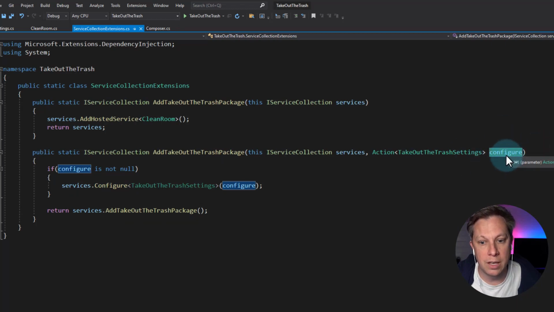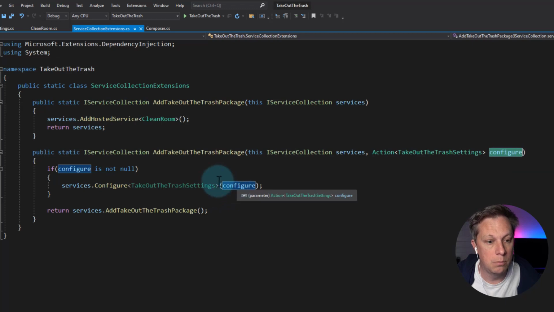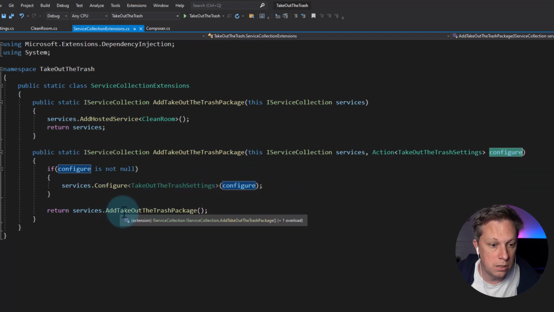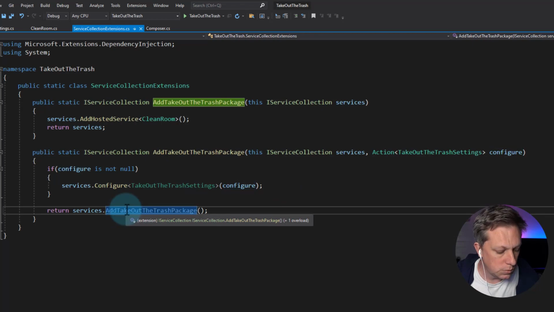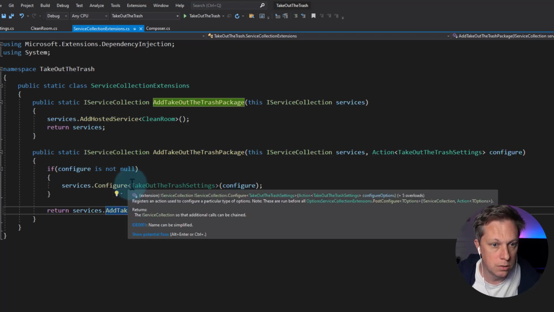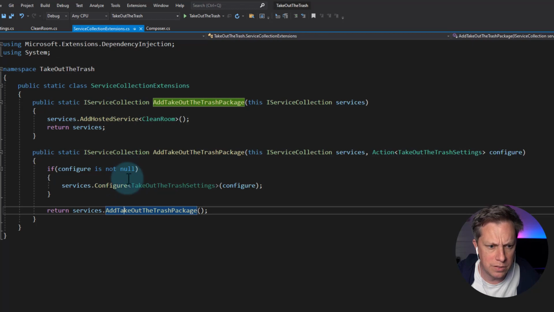So if we pass something in as a second parameter and it's not null, we can start configuring the options. Once that's done, then we can take a look. So that's a relatively simple change. We have some configuration, but configuration by code. So with the package zip approach,